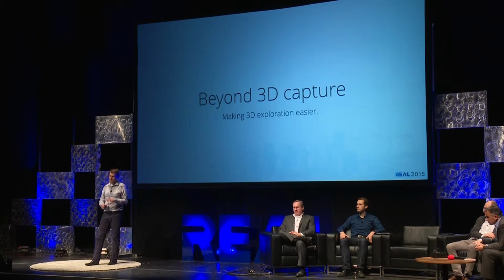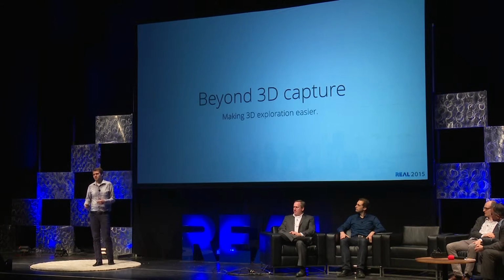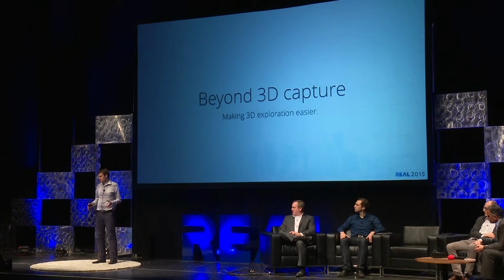So what happens after you've captured reality? Well, sometimes you want to interact with it. One of the things that we've been getting excited about recently is positional tracking. We have a depth sensor, and we have this great color tracking technology, and we can put the two together and actually see how you're moving through the environment. Not necessarily to capture it, but we can build an ephemeral model of what's around you, and use that to track your position and your rotation, your orientation in space. We know how close you are to the ground. We know essentially where you are from your start point. And with that, we can do cool things like enable gaming.